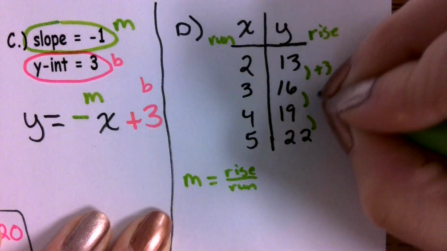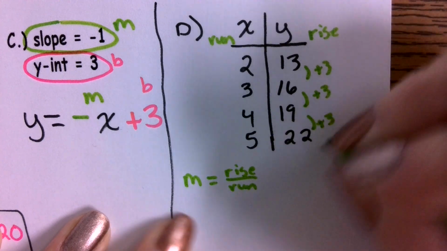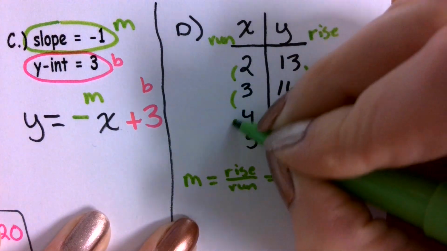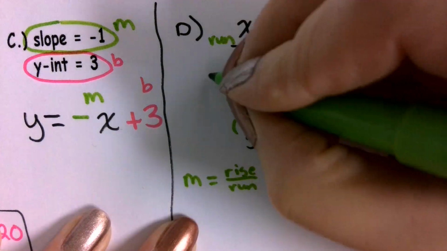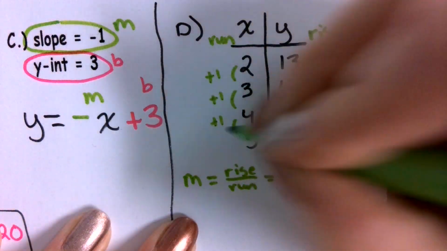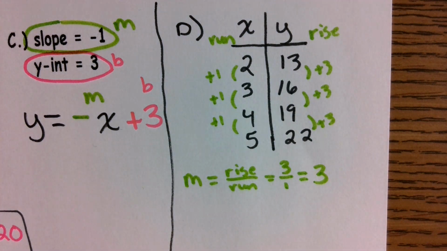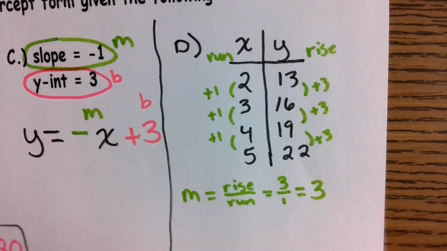+3. Thank you. See, you're awake. It's a +3. What is my run? +1. Okay, each time I'm increasing by 1. So my slope is going to be a +3. That's my slope value. Now, to find my y-intercept, I'm going to go ahead and go up here above it